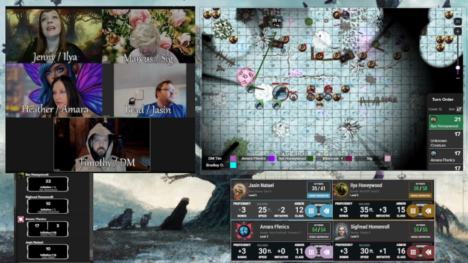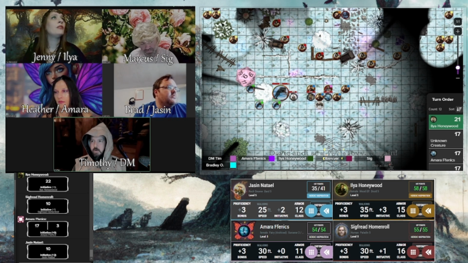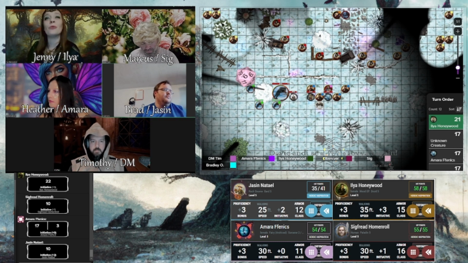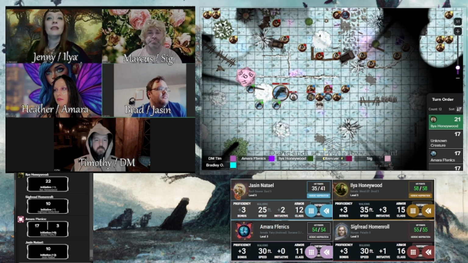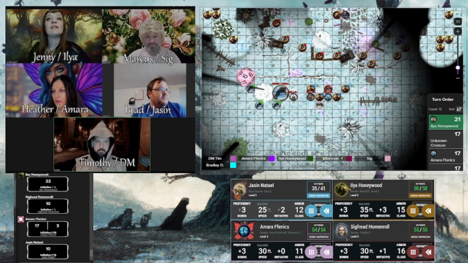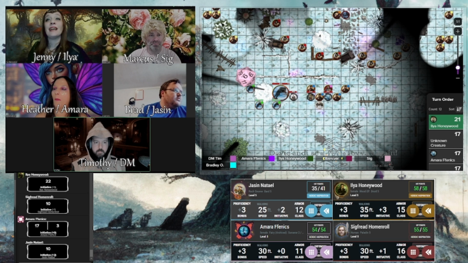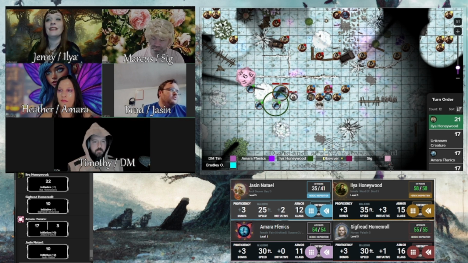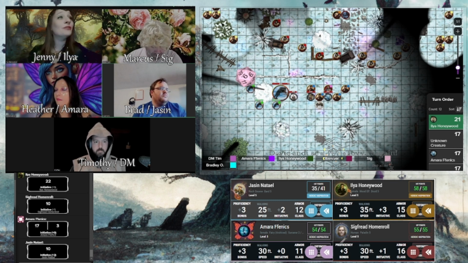Nice. Me and my wolves. Oh, should I roll initiative for the wolves? We'll just have them go on your turn. Okay. We are all going for one. Let's turn off the measuring tool. This one is going for that guy. This one is going for that guy. I'm going for this guy. And he is going for this guy. So we're all four doing